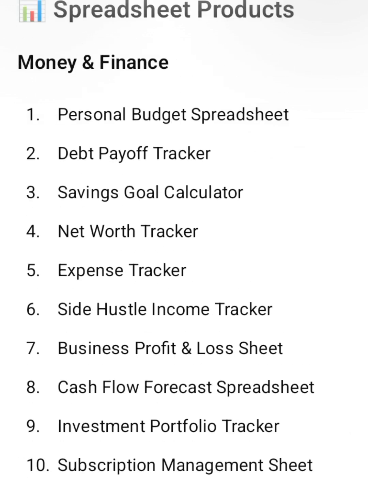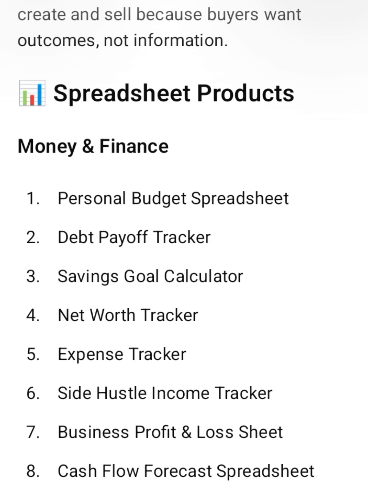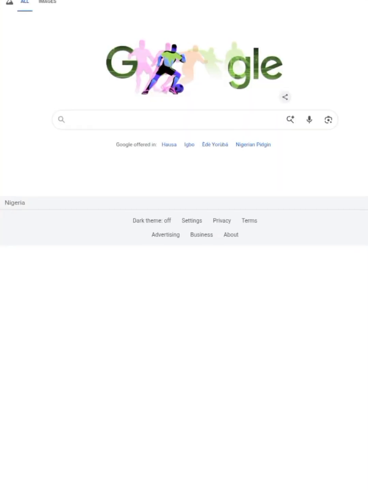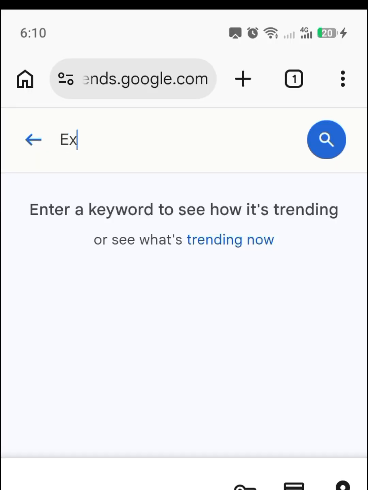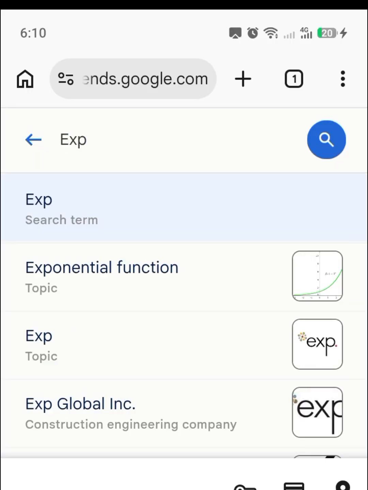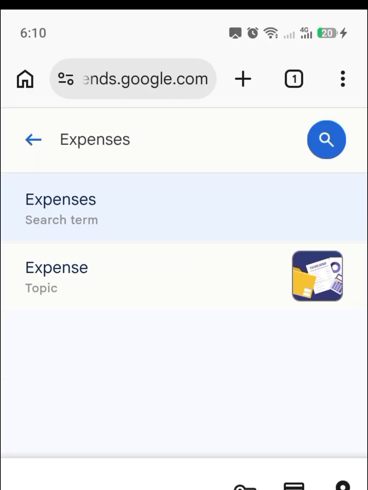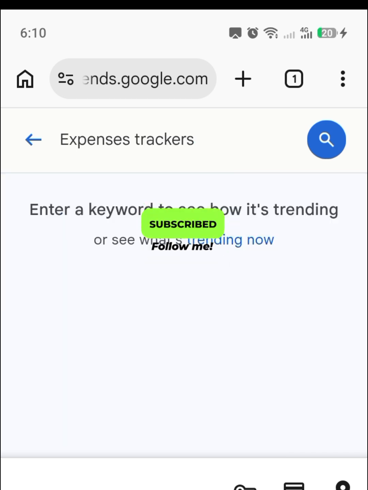Okay, so I'm going to show you how to build these one after the other, and I will tell you why these things are selling. So the first thing we need to do, let's find out, are people really looking for this product? Is this product accessible? Is this product solving a particular problem? So let's go to Google and find out. I'm just going to pick expenses tracker. That is the one that we are going to build, and let's see if people are actually looking for